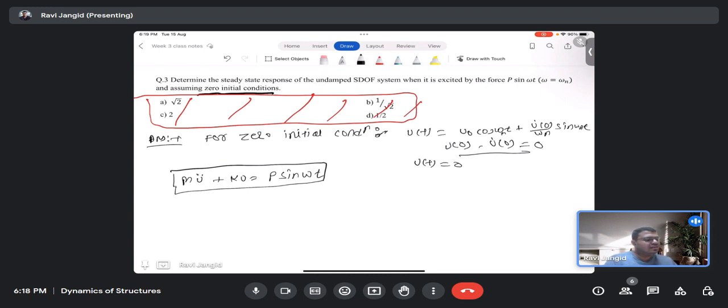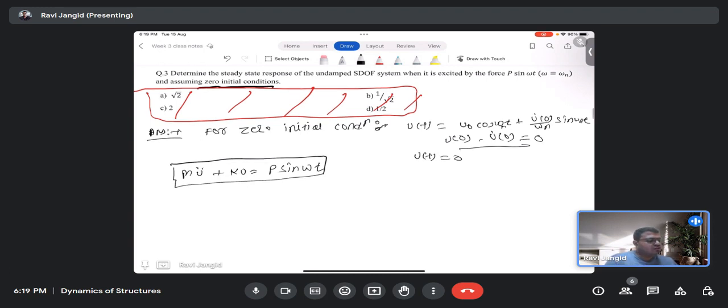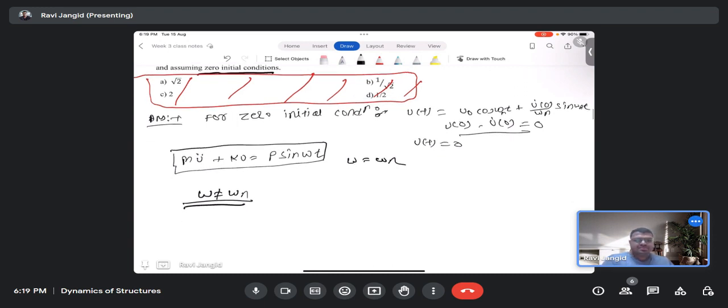So we need to find out the response for the case where omega is equal to omega n. If my omega is not equal to omega n, what is my solution for this? Anyone? How do I find the solution for this equation, u double dot plus k by m u is equal to P by m sine omega t? So for the particular solution,